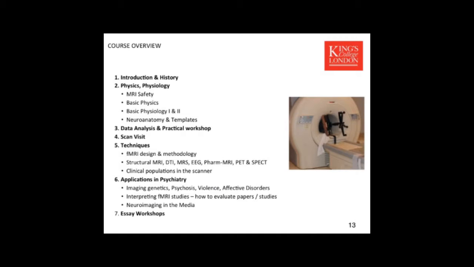And just to finalize this little introduction, just to give you an overview of what we cover. So just for you to know that it does include quite a range of topics, but they are tailored to neuroimaging. So when we're talking about basic physics, that will be physics that is applicable or relevant to a neuroimaging study. We won't be going through neural anatomy, for instance, at the cellular level, because that's not something we can map with imaging. So we'll start from scratch with an introduction and the history of neuroimaging in psychiatry.